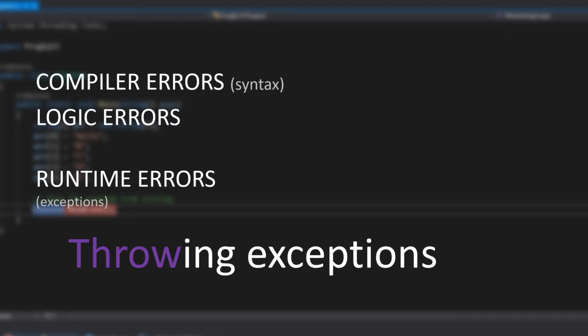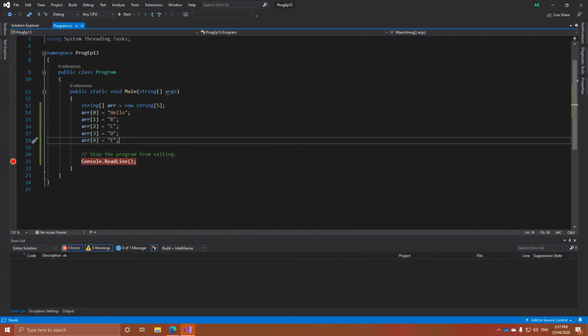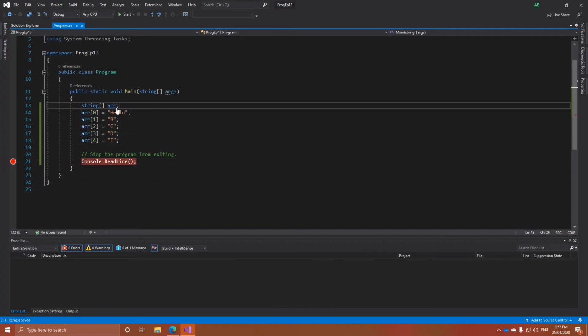But in the more advanced videos later on in the series, I will cover how we can control the flow of exceptions using something called a try-catch and various other things, but not in this video. So, what happens when we try to access a null array? Well, let's find out. We're not going to initialize this array, we're not going to set it to something, so